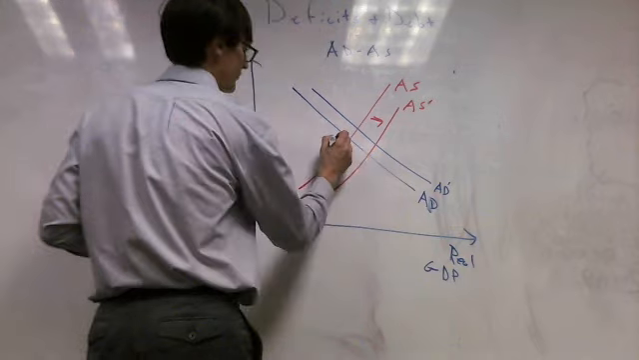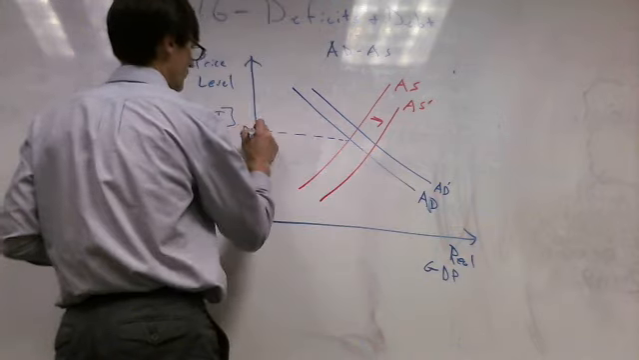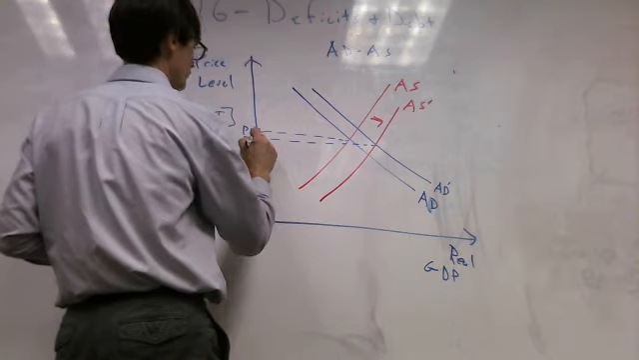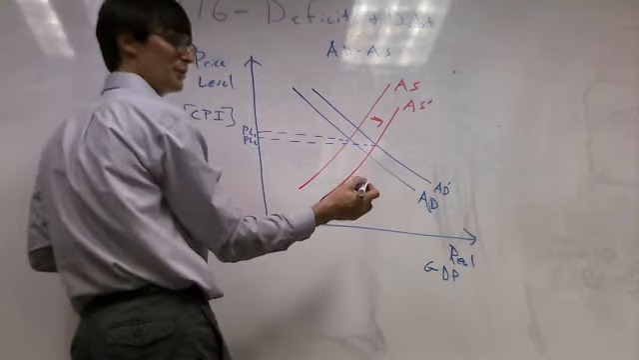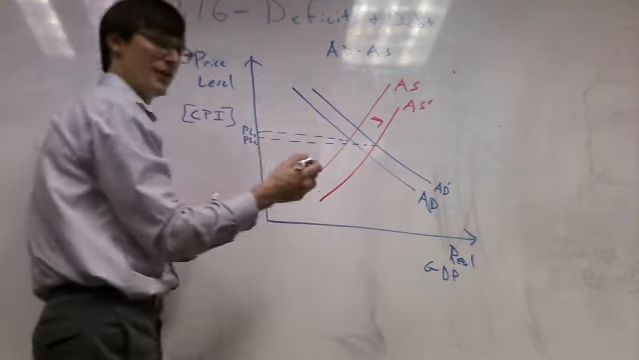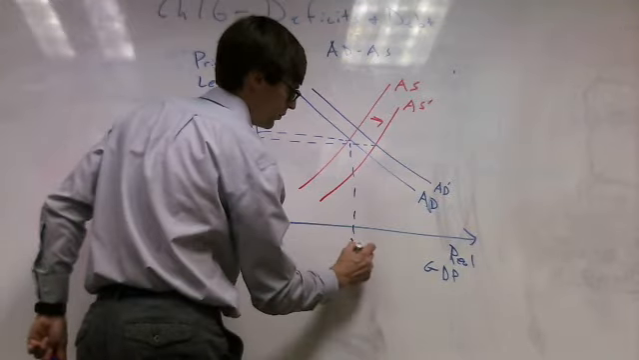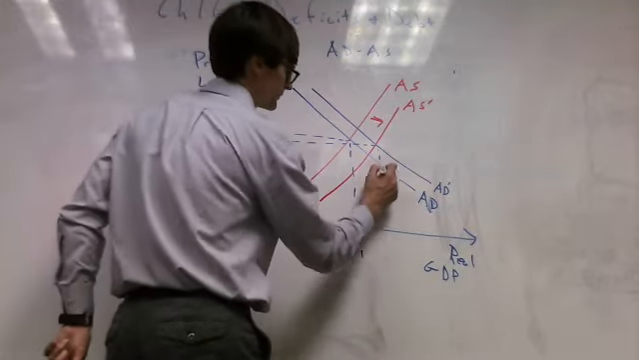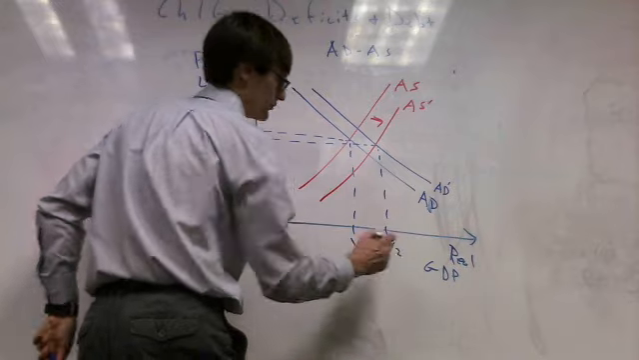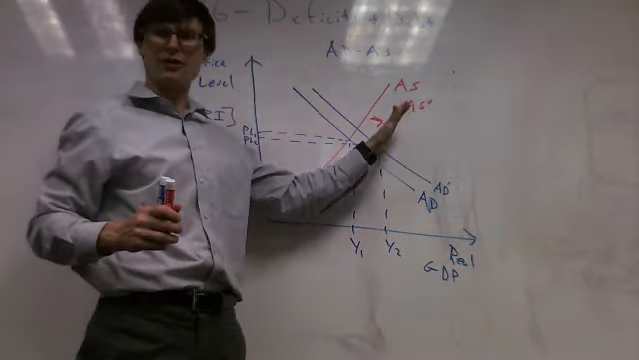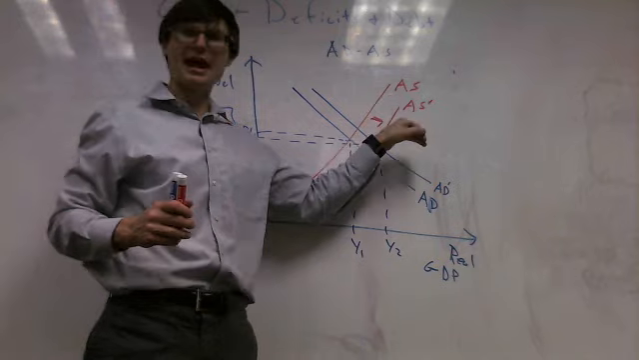Look what we now have. We go from price level 1 to price level 2, which is barely below. You know, it's a little bit below, but that's about the same. And we go from Y1 for GDP to Y2 for GDP. So if we're able to stimulate both the aggregate supply curve and the aggregate demand curve